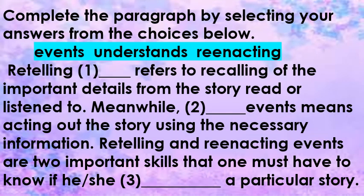Complete the paragraph by selecting your answers from the choices below. Retelling blank refers to recalling of important details from the story read or listened to. Meanwhile, blank event means acting out a story using the necessary information. Retelling and reenacting events are two important skills that one must have to know if he or she blank a